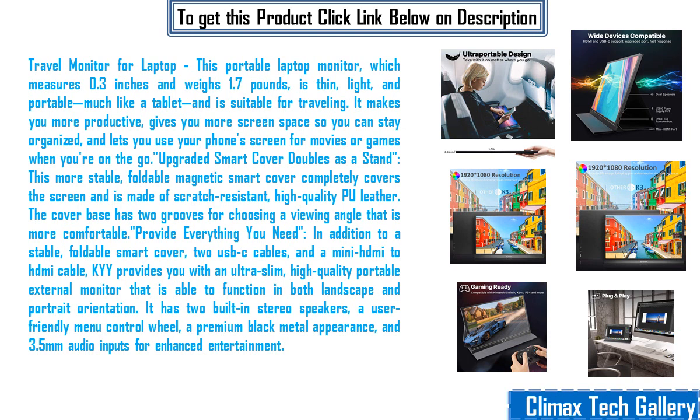It provides everything you need: in addition to a stable, foldable smart cover, 2 USB-C cables and a Mini-HDMI to HDMI cable. KYY provides you with an ultra-slim, high-quality portable external monitor that is able to function in both landscape and portrait orientation. It has 2 built-in stereo speakers, a user-friendly menu control wheel,